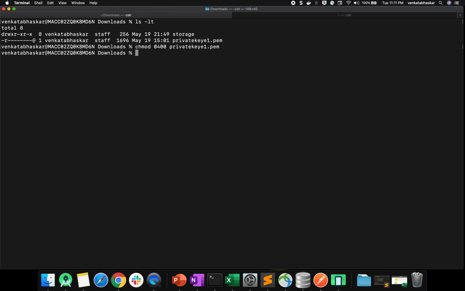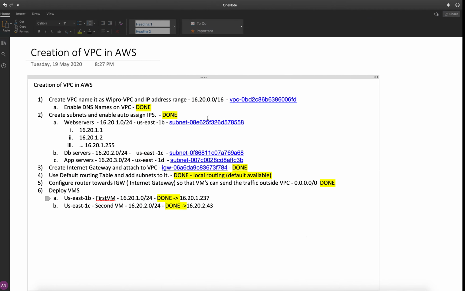Just click enter, it will change the permission, then only you can log in inside your instance. Now ssh -i, you need to give input as your private key, and by default this Linux machine has one username, ec2-user@, you need to provide your IP address.